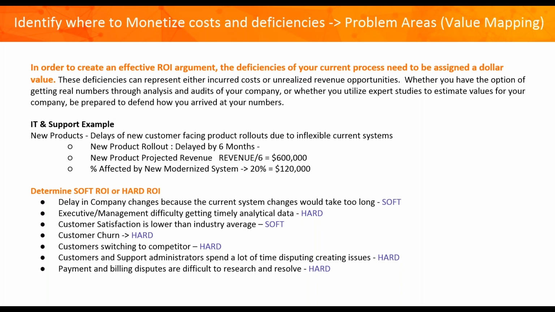One of the key things that we need to do by each customer, and each of you that are on today will have to ask your organization, is what is a soft ROI? What is a hard ROI? What do those things mean in your own vocabulary? What I've tried to do here is in some cases, these things can be up for discussion, and that's okay. The key in this discussion is to try and have an open dialogue with the business and with the technology team to identify how modernization is really going to affect your organization.